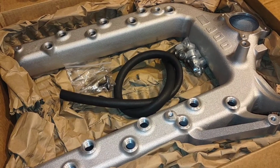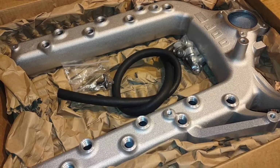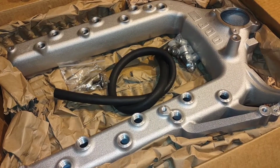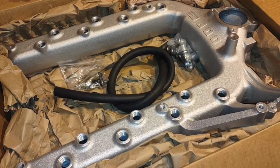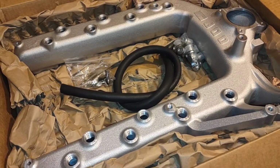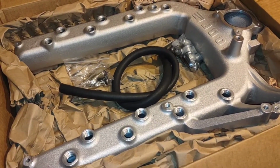And so I'd rather just not have the provisions for it there. I don't want the EGR valve on there, so I don't really want to have it flopping on top of the engine bay. I don't want it in the intake manifold. It's not going to function anyways. Don't tell the EPA. It's a race truck, so...